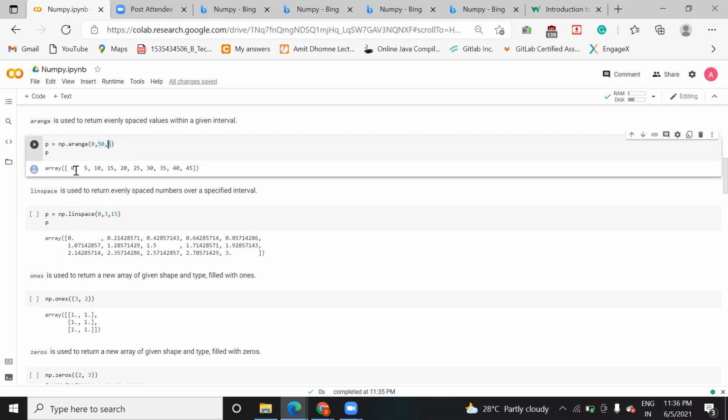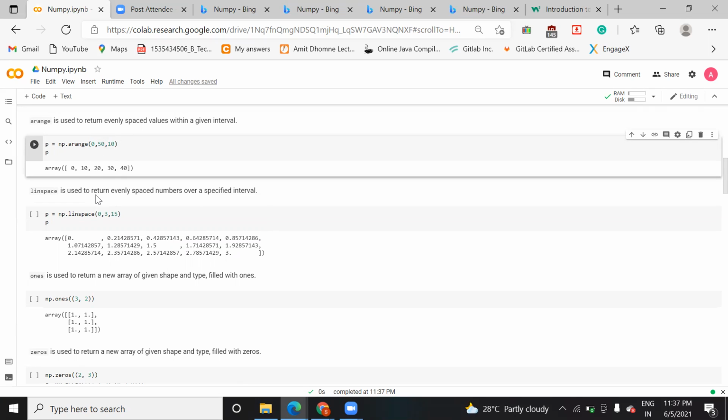Here the starting value is 0, the end will be 15, meaning it will take n minus 1, and here 5 is your interval. That's why it is 0, 5, 10, 15, 20. If I take it 10, it will print till 40. Let me show you. So you can see 0, 10, 20, 30, 40, right? It will not take the last index because it considers n minus 1.